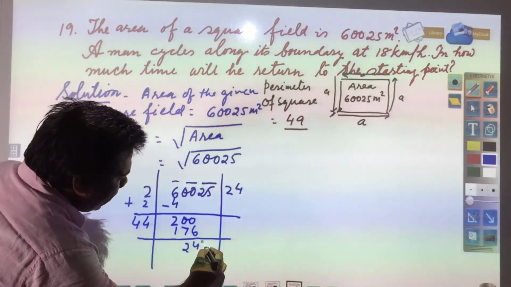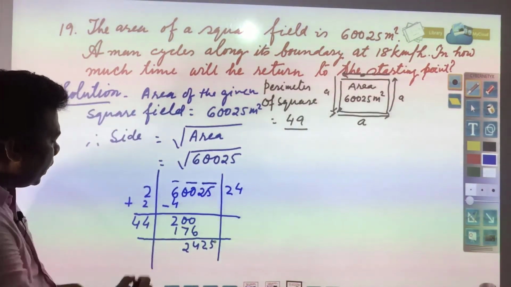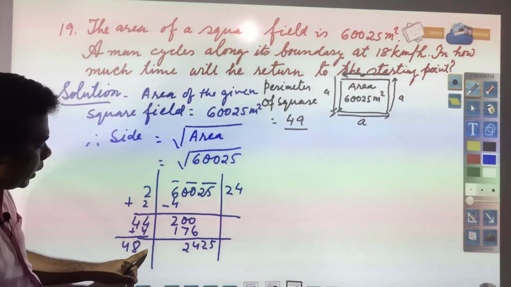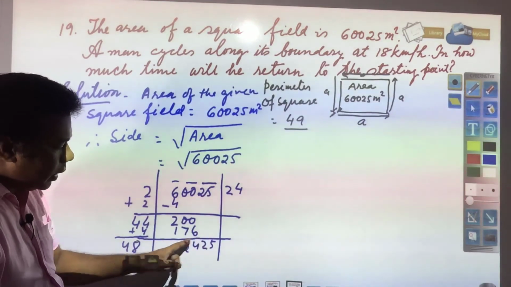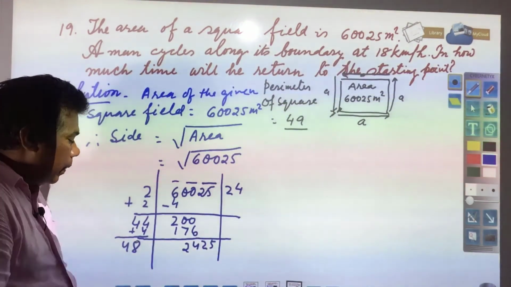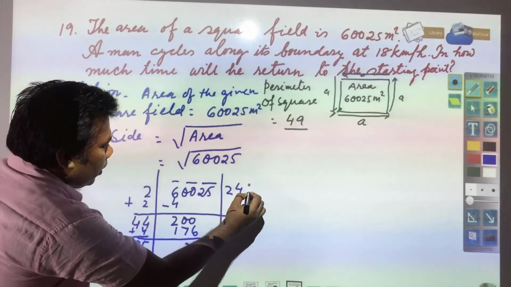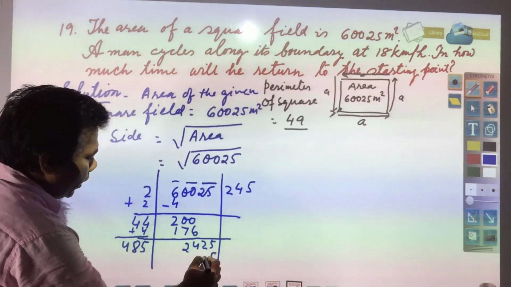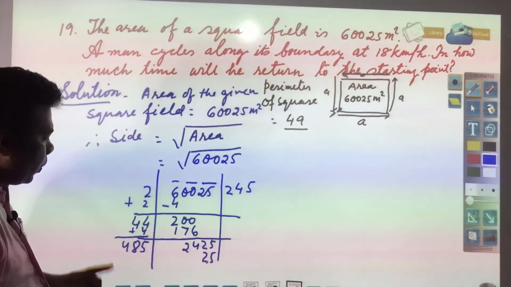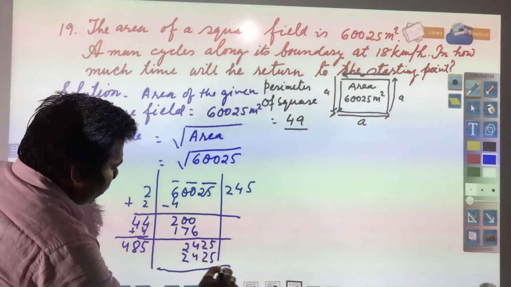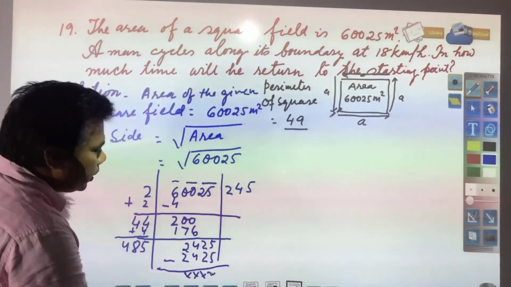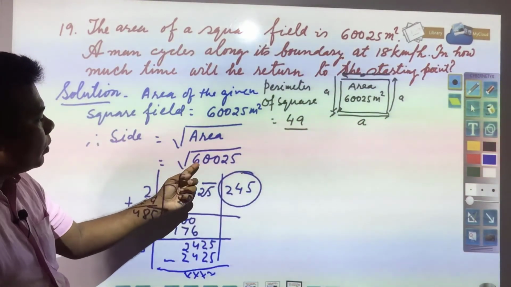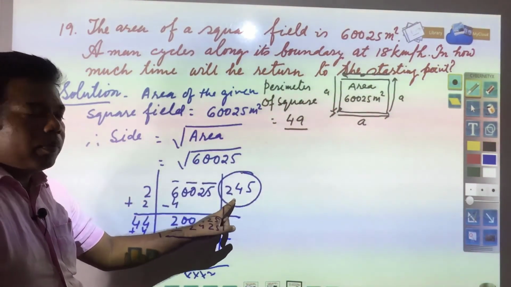Next period you have 25. Now you see this is required to be added, you will get 4 8. Now what number is required to be written over here, so that you will get about to this number. So 5 times you take, 5 5 is 25, 5 8 is 40 and 2 42, 5 4 is 20 and 4 24. So if you are subtracting, you will get remainder 0. So finally you have got square root of 60,025 is equal to 245.